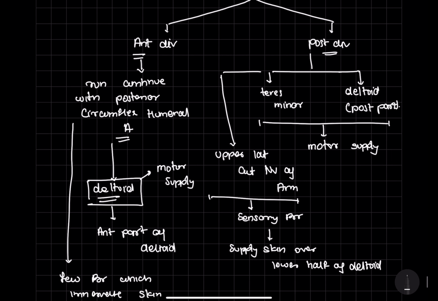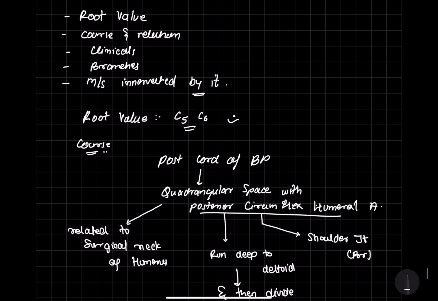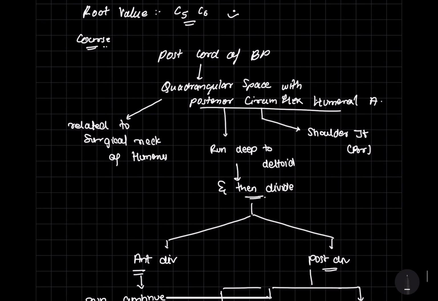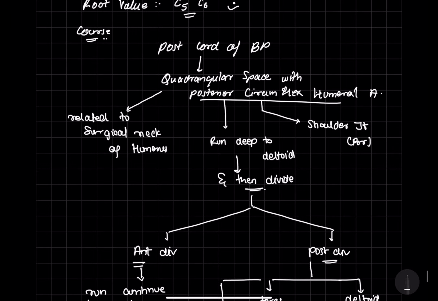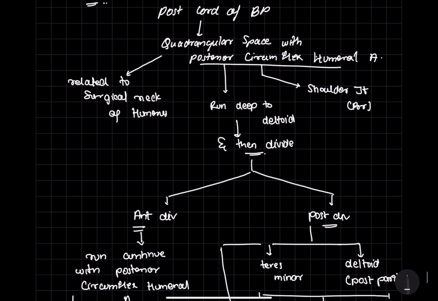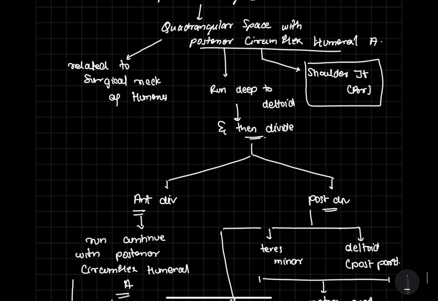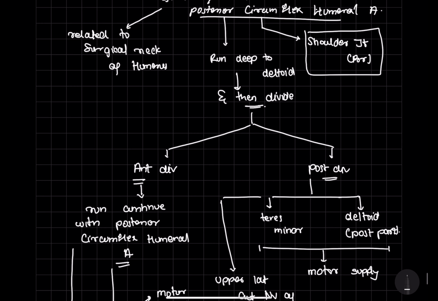Okay, going through all of it once again. Root value C5 C6, easy. Now going to its course, it comes from the posterior cord of the brachial plexus. It continues into the quadrangular space with the posterior circumflex humeral artery, where it is related to the medial aspect of the surgical neck of the humerus. Here it gives off its first branch, that is your branch to the shoulder joint. Then it runs deep to the deltoid, and then it divides into two divisions, that is your anterior division